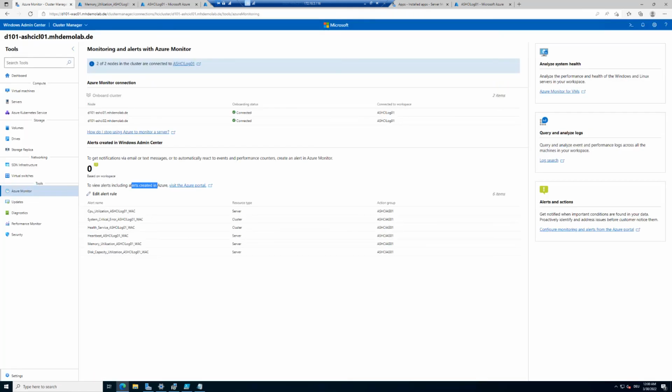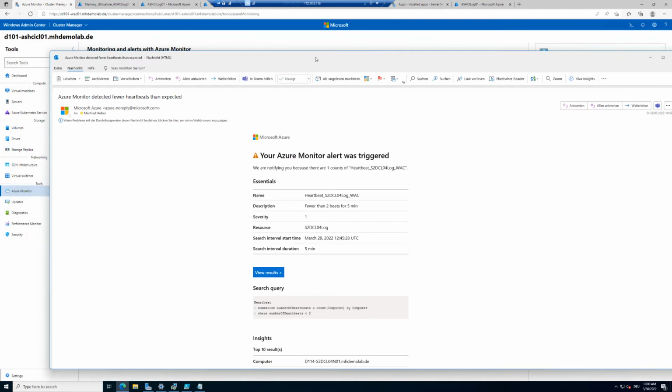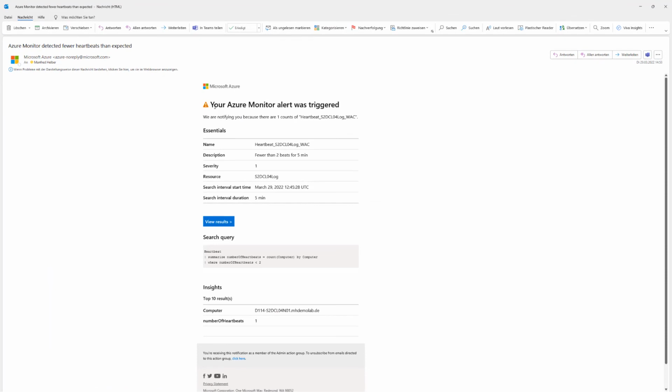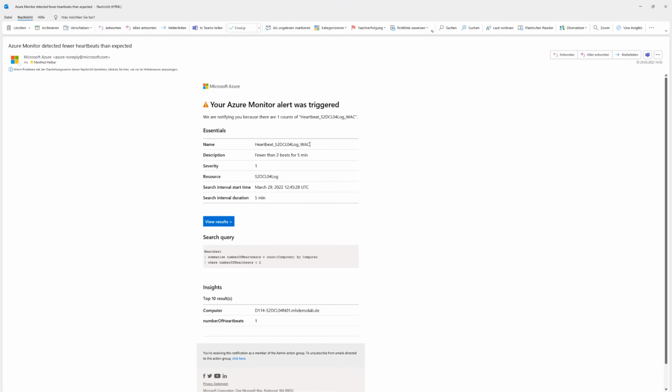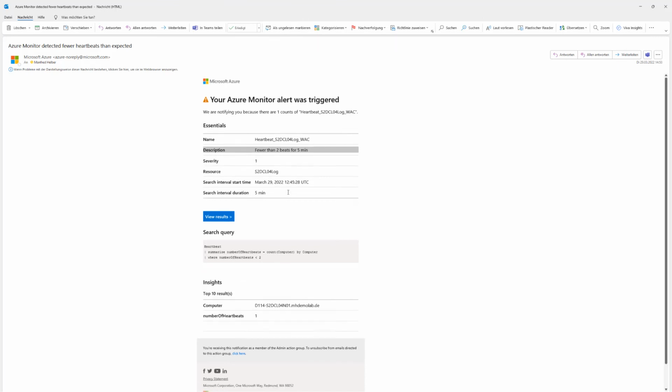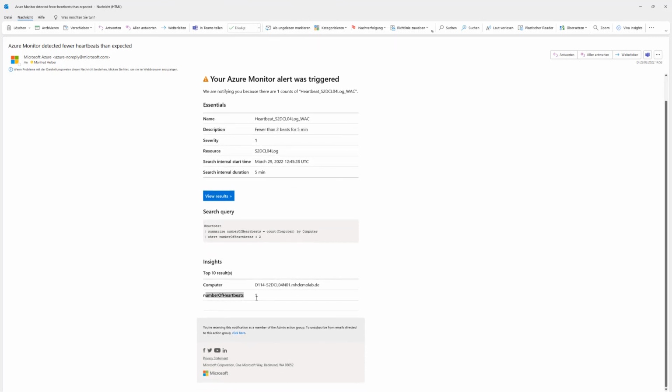Let's have a look at the mail I prepared where I received such an Azure Monitor alert previously. In this Azure Monitor alert, I received an alert that was triggered because we had only one heartbeat in the last 5 minutes. I get detailed information. I have fewer than 2 beats for 5 minutes. It was only one heartbeat in the last 5 minutes. I have the information of the number of heartbeats, and I have the information about the cluster or the server that is